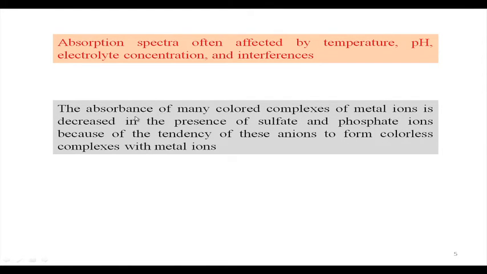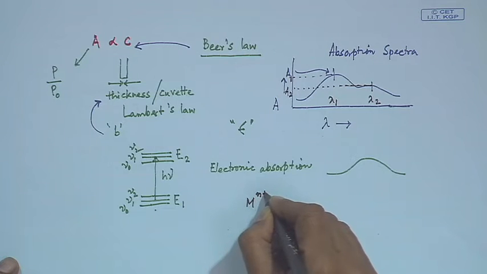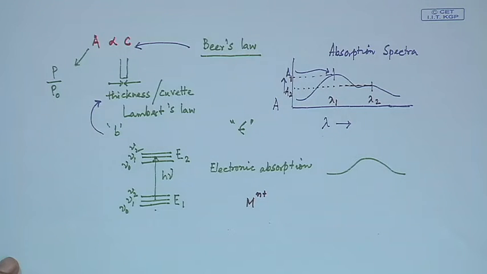But in this case, the absorbance of many colored complexes of metal ions is decreased in presence of sulfate and phosphate ions. So, if we have a metal ion, say, which we will consider as M n+,